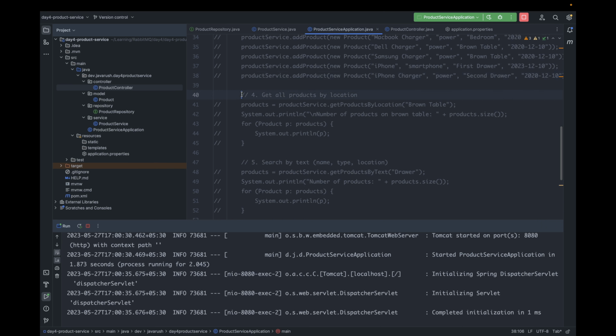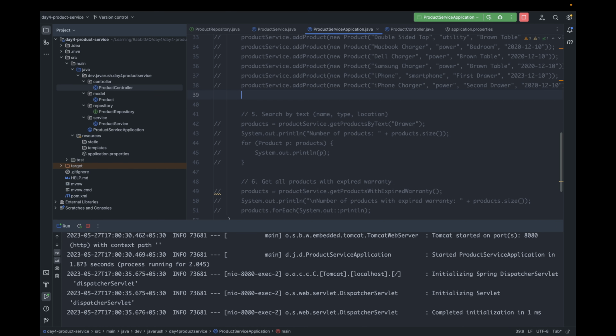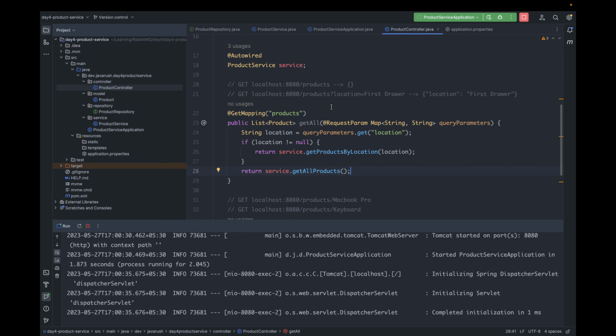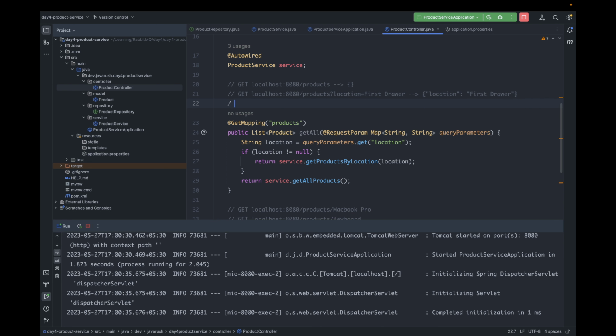Okay, that is done. Now let's get all the products by text. For the text as well, we will do the same thing. So we use this mapping only. Now the request will be like this: